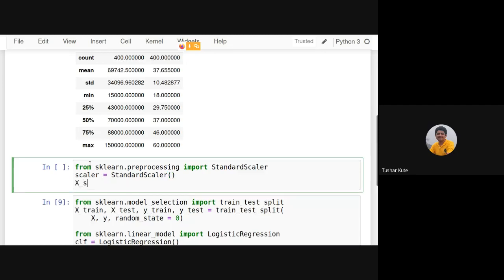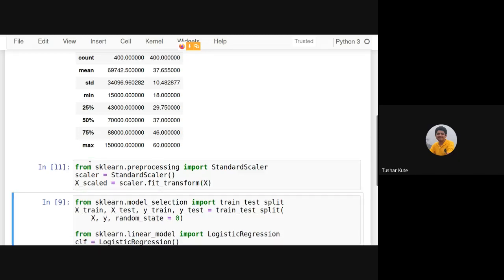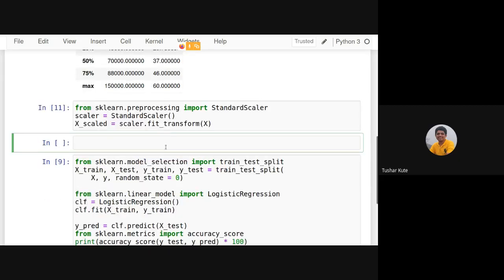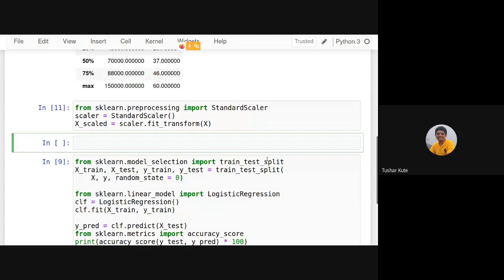And now scale this data. Okay, so I have scaled this data, and what it does is make the deviation of both of these columns the same, equal to 1. Standard deviation will be 1.